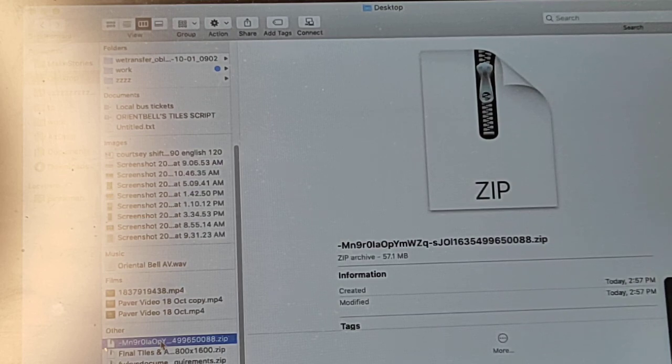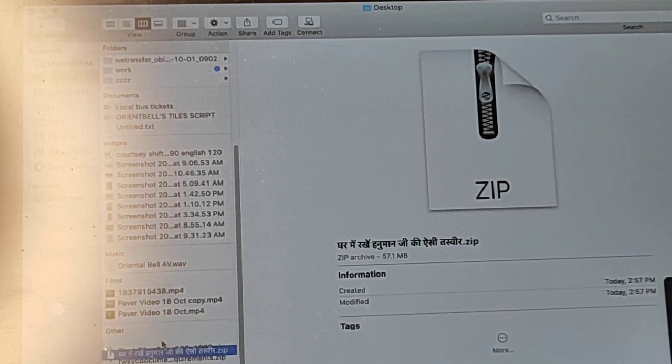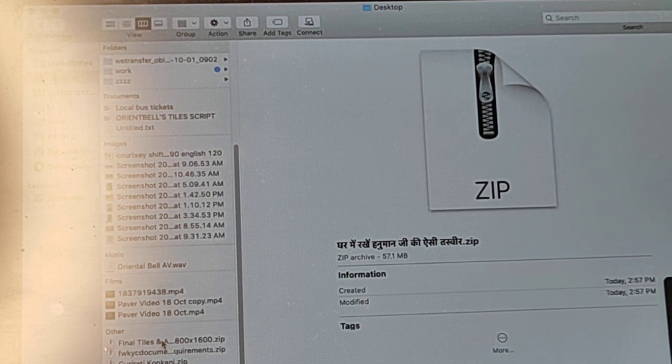So basically, when I downloaded the file, it saved it like this. Then you won't be able to understand which story this is. So that's why it is compulsory to rename it at that point only. Because once you have saved it, you won't be able to rename it and understand what it is. So that's why we try to rename it at that point only. It's just like renaming any file.